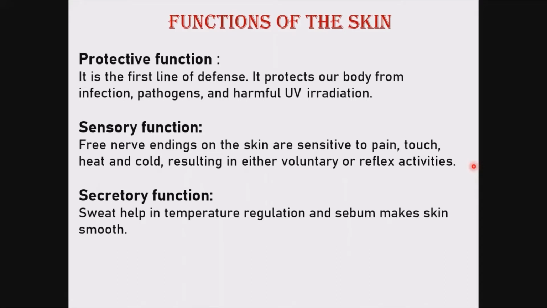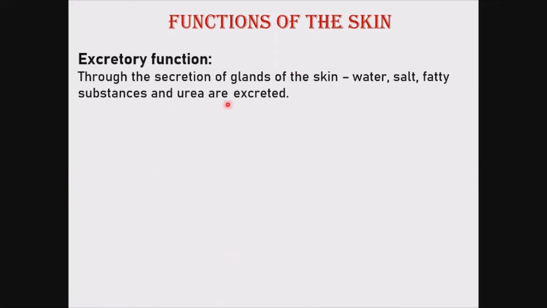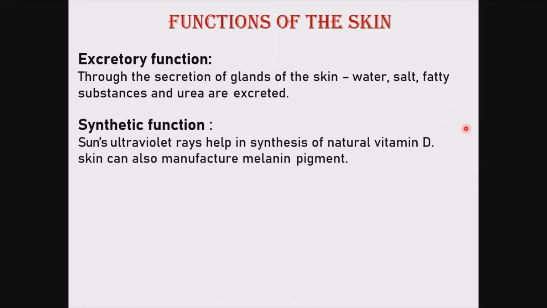Sweat secretion is by sweat glands, which are a component of the epidermis and dermis here, and this helps in regulation of temperature. Sebaceous glands are also there, which make the skin smooth. So thermoregulation is one of the important functions, along with the secretory function. Excretory function: through the secretion of glands of the skin, water, salts, fatty substances, and urea are excreted. Synthetic function,